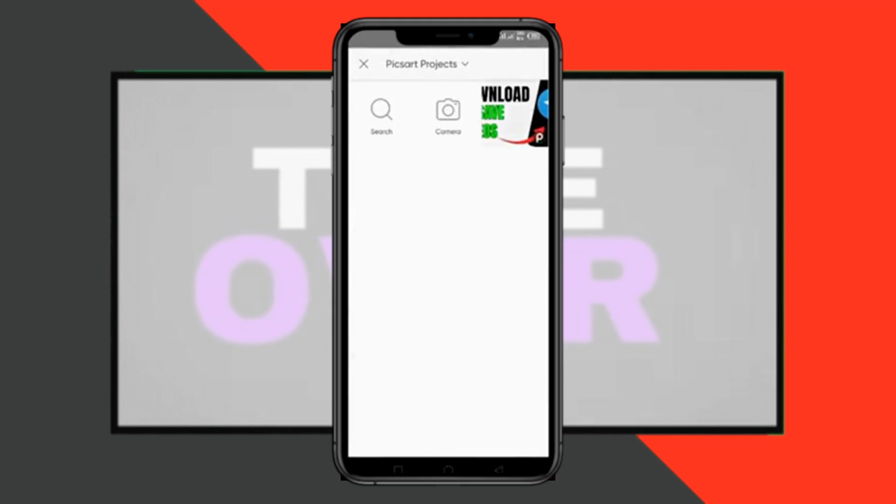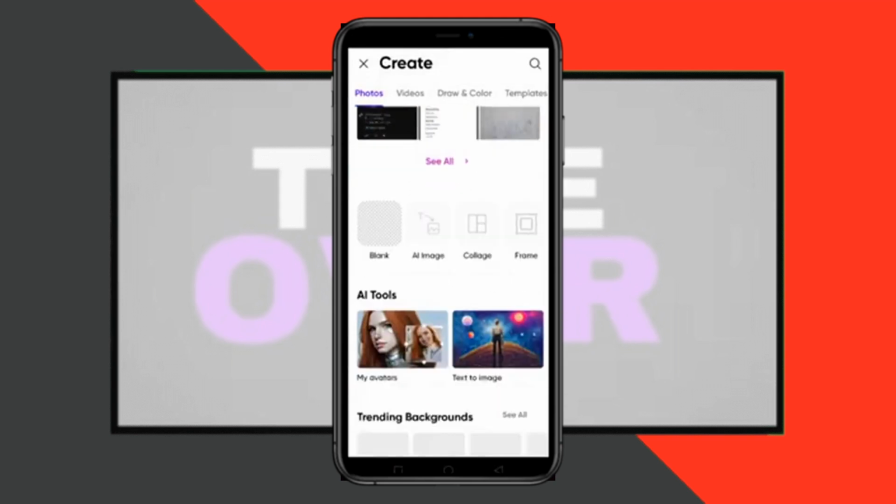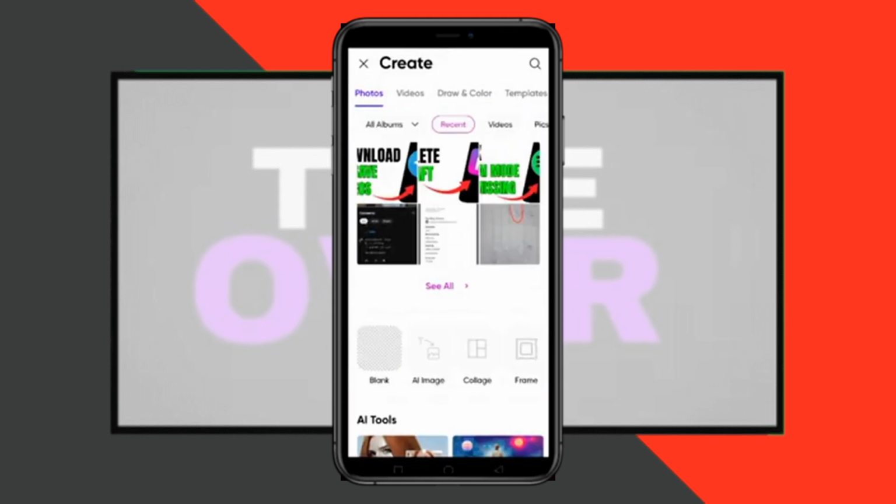to delete and then simply click on delete projects. So you have to just repeat this process for all of your draft projects. And yes guys, this is how to delete your draft of your Picsart, and that's